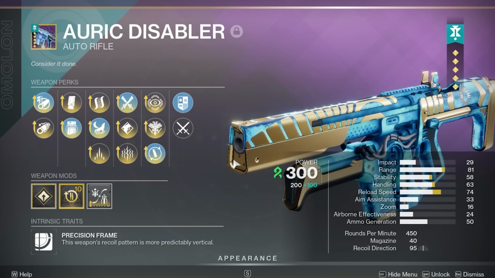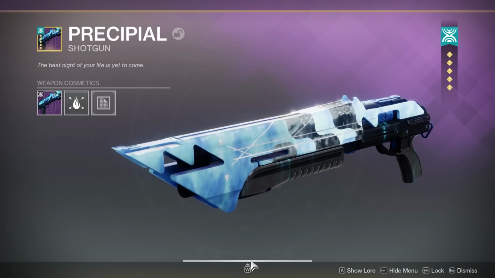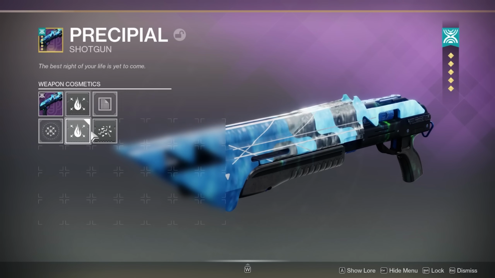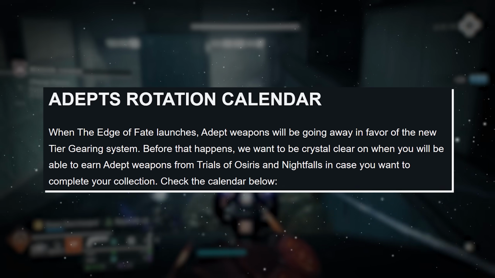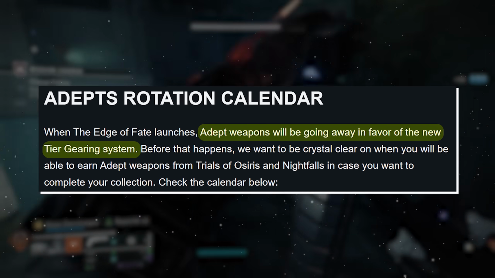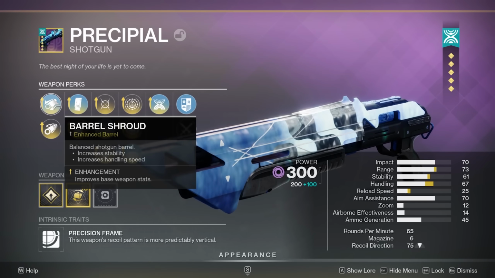Now, this is actually going to come with 3 perks in columns 3 and 3 perks in columns 4. Tier 5 weapons will also have unique animated shaders that you can equip, as well as special on kill effects like sweaty confetti, for example. And no, this won't take up your mod slots. We also learned in the most recent TWAB that adept weapons are actually getting phased out. When the expansion launches, they will be replaced with this new gear system,